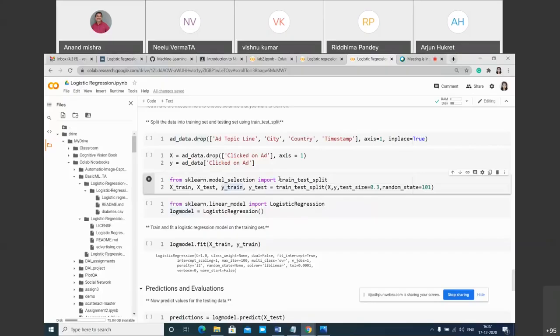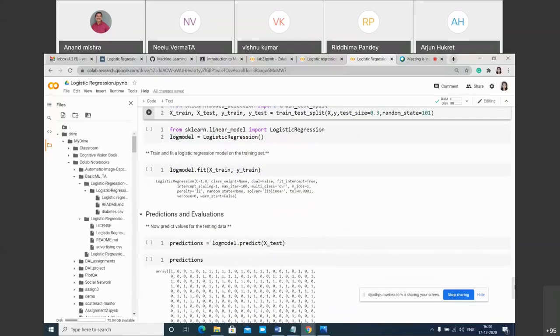So after splitting, we get x train and y train. In the training data the labels are present, but for testing the label is not given, because that is what you are predicting. Based on x train and x test, you build a model, and after that you check how your model is performing on your test data set. I hope you are getting these things. Any other doubt you can ask.